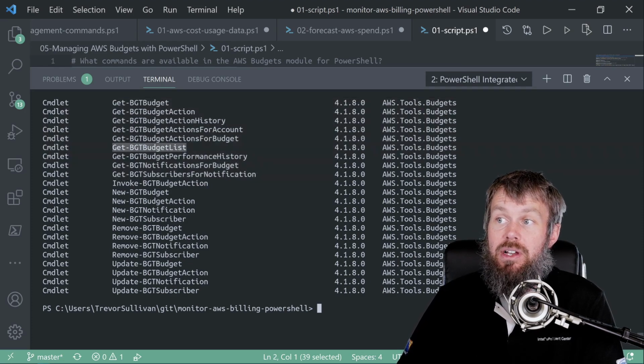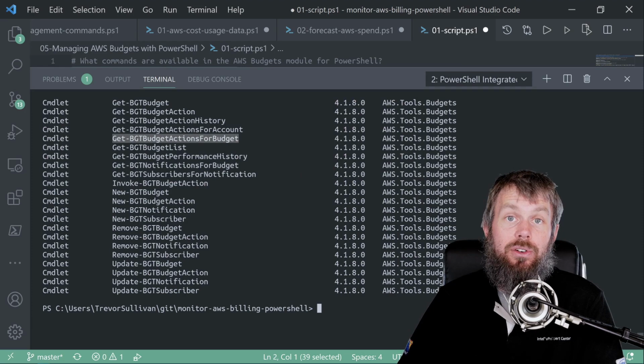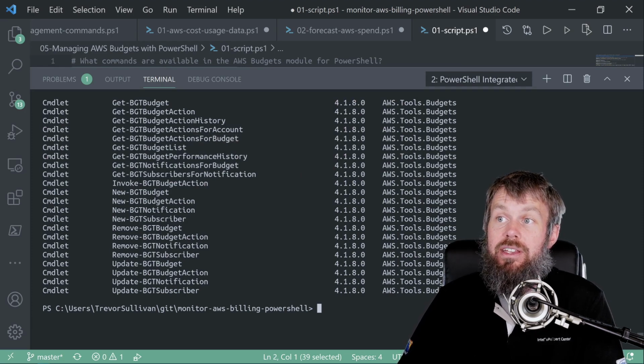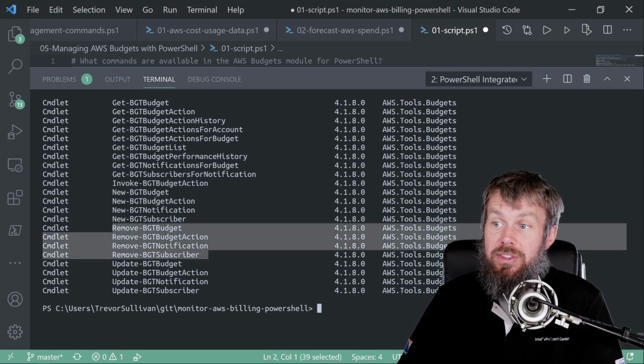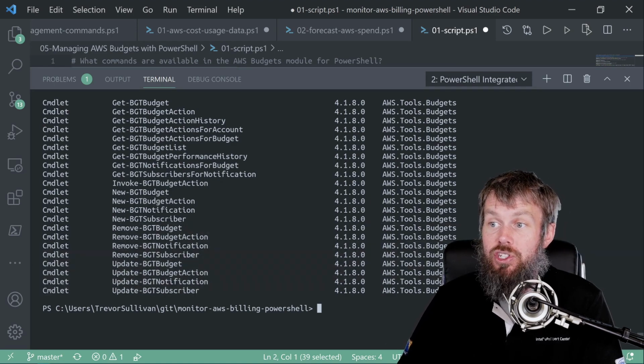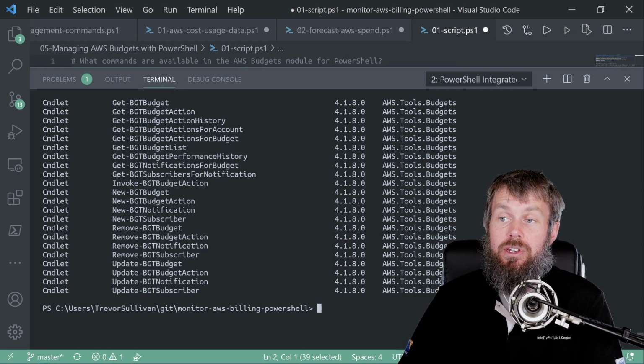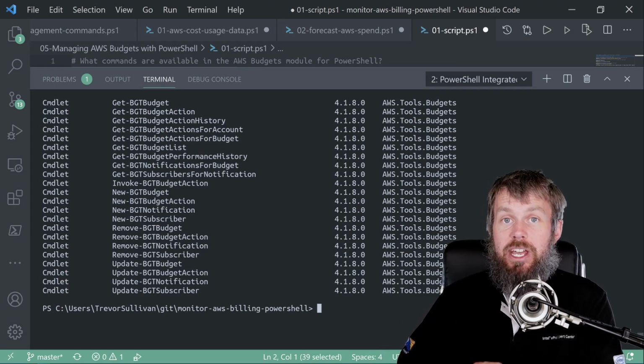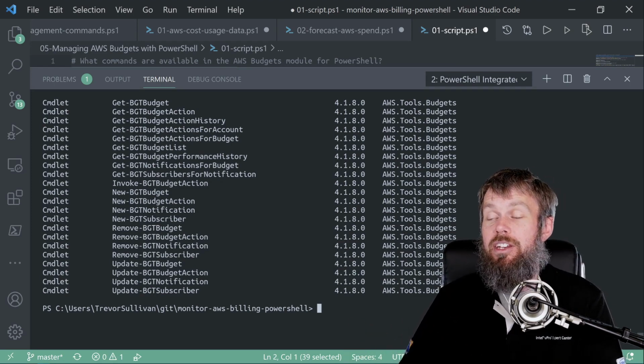We can get a list of any actions that are configured on budgets, which is a relatively new feature. We also have things like getting just the budget itself individually if we'd like to. We can also manually invoke budget actions using invoke BGT budget action. We can create new budgets. We can create new budget actions and delete them and update existing budgets as well. So a lot of different options here that allow us to just do basic resource management tasks against our AWS